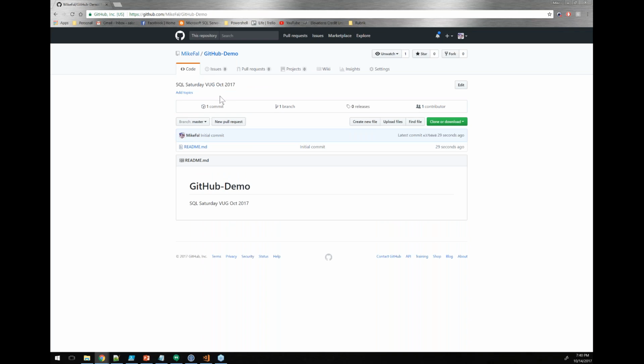And this is where there's a security element to it, where I can do clone or download. And this is where I'm going to copy it down. We have a couple different options. You can use HTTPS or you can use SSH. And this is where, if you're not familiar with SSH, it's just a matter of maintaining a public and a private key. And you can register these keys within